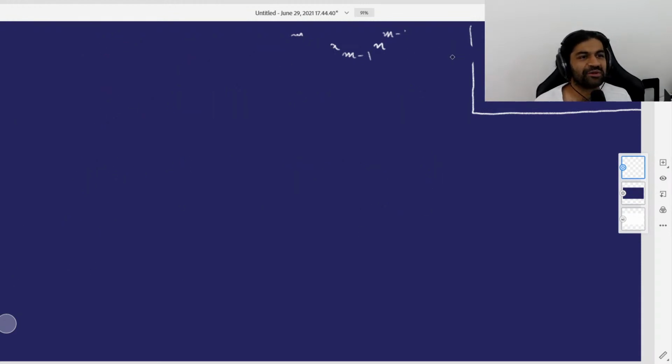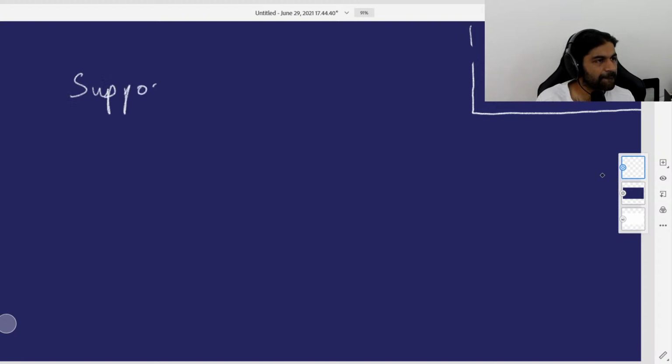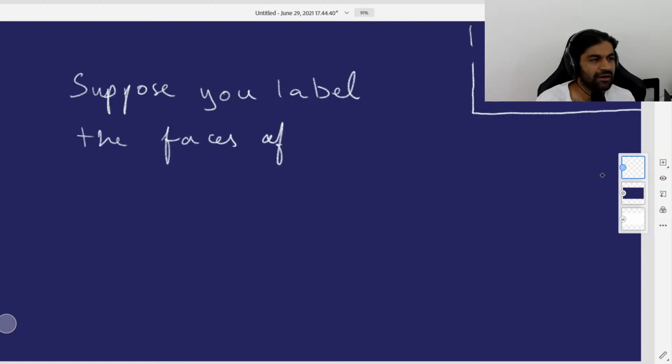So this is the one and only number theory problem. This is the only one on here that required anything like modular arithmetic. Okay, so let's do this next one. So let's say you have a regular icosahedron. Okay, so suppose you label the faces of a regular icosahedron